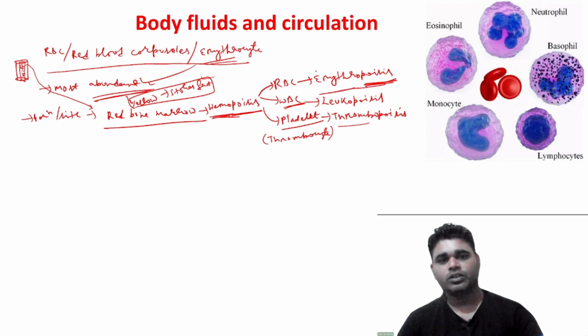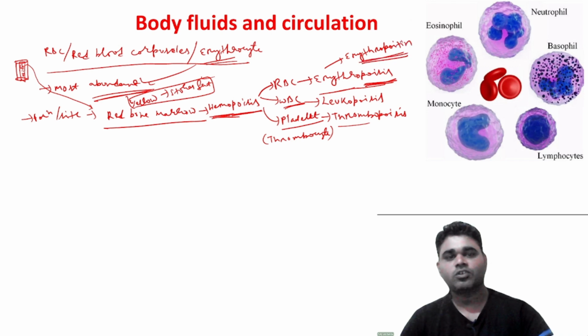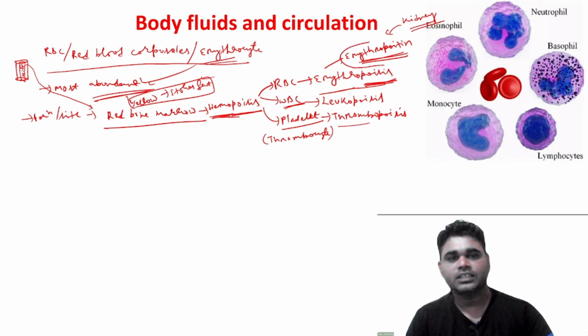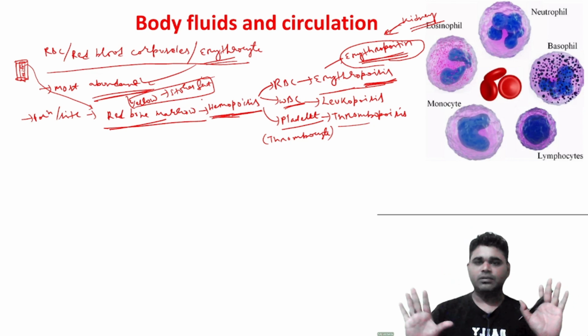The erythropoiesis is formed in the red bone marrow, but for the formation of the RBC, one hormone is important, and that hormone is called erythropoietin. And this erythropoietin is released from the kidney. Remember that. That means for erythropoiesis, or the formation of the RBC, a hormone is needed, called erythropoietin, and that erythropoietin is released by the kidney, but the erythropoiesis forms in the red bone marrow. Okay. So this is the main formation of the